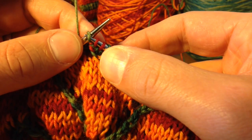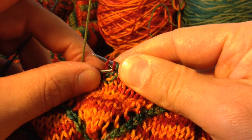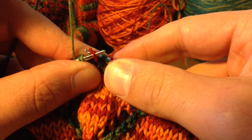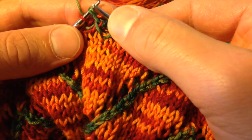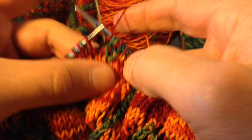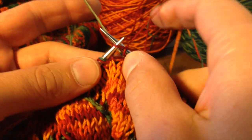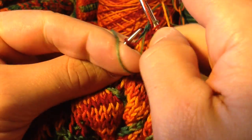slip one of them over to the left needle, then I'm going to go into the second needle stitch on the right needle this time round, and slide the right needle out of both of those, and then back into the loose one, and then just slip, slip, slip, and slip, those 4 stitches, and there we have it, the lovely combined double increase, double decrease, and you can continue knitting as normal back to the place where you're going to do the